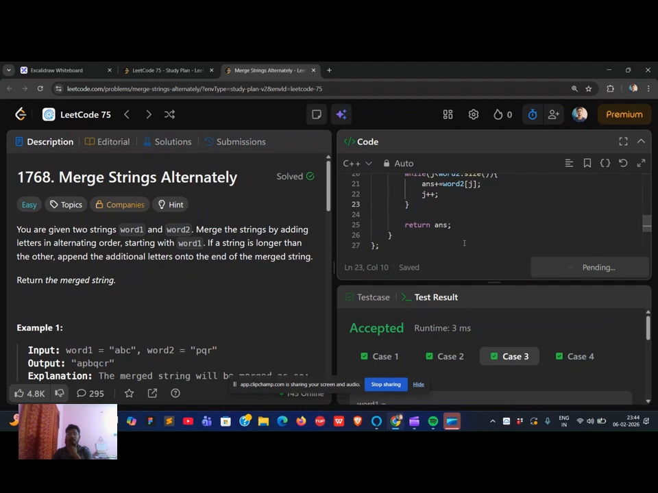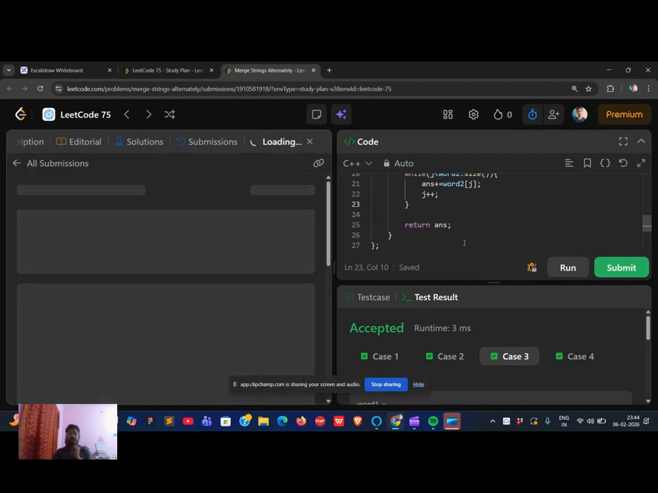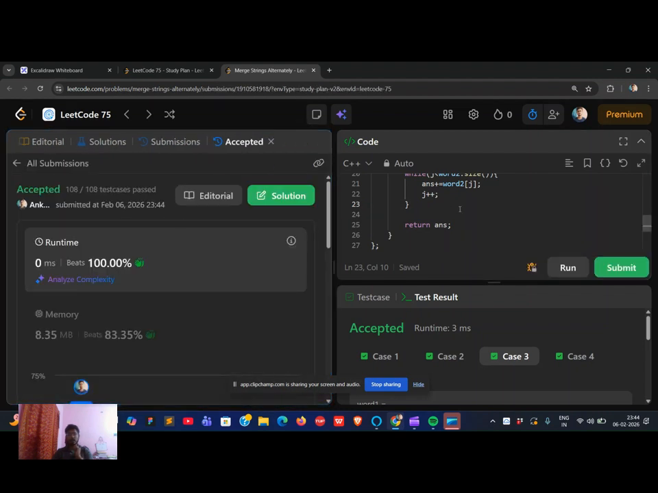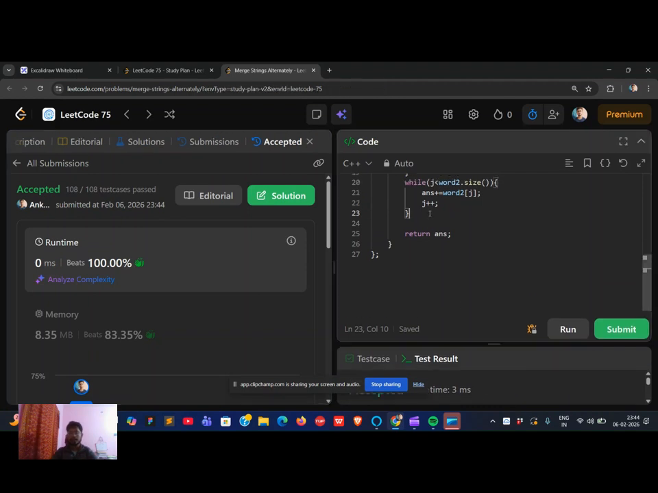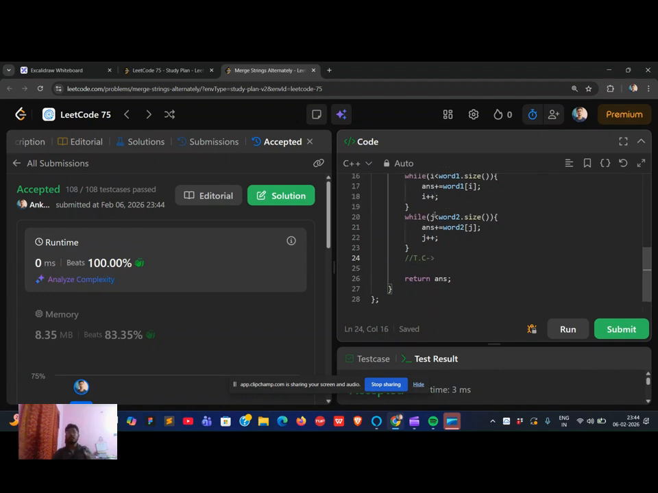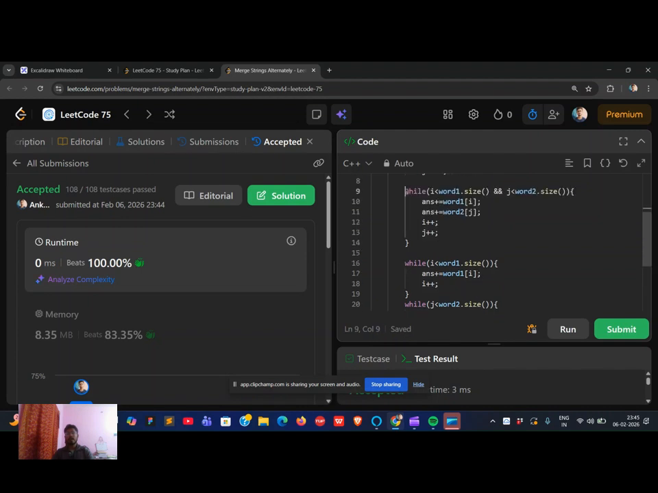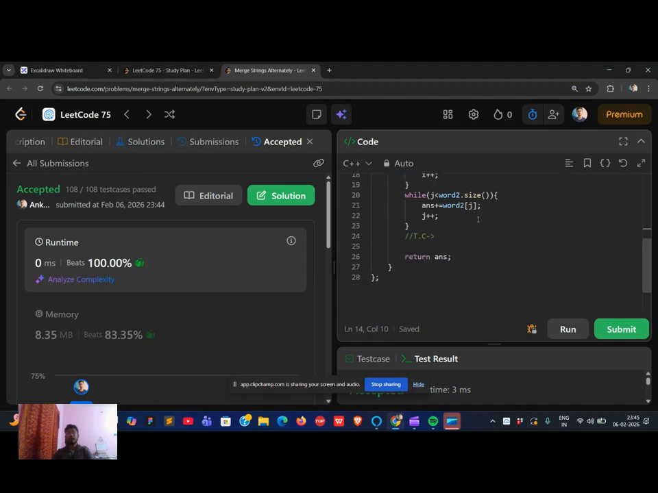This particular problem, and it is giving us the correct answer. Okay, so let's understand the time complexity of this particular code. The time complexity, the best case, is basically when the two string lengths are the same. So in this case we have to move for the minimum of word 1 size and word 2 size. Okay, so this is big O of m comma n, but in case of worst case